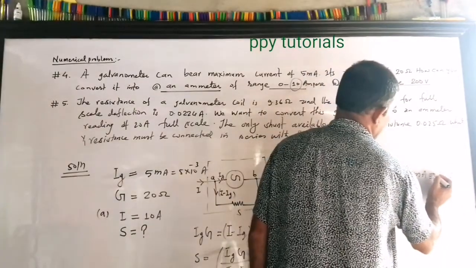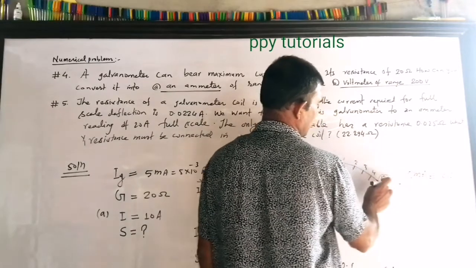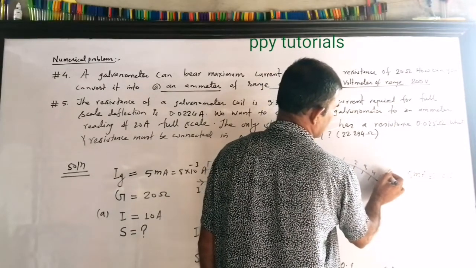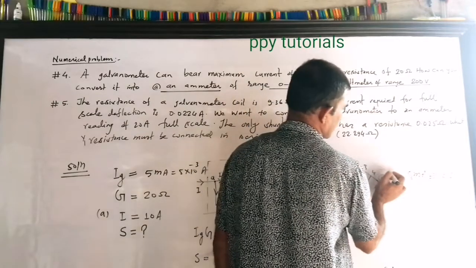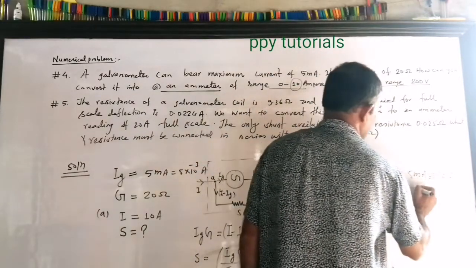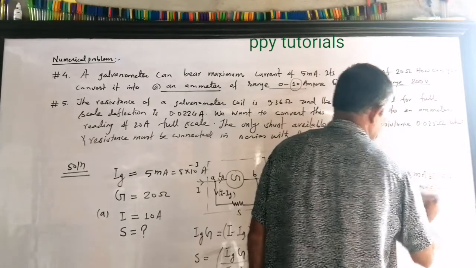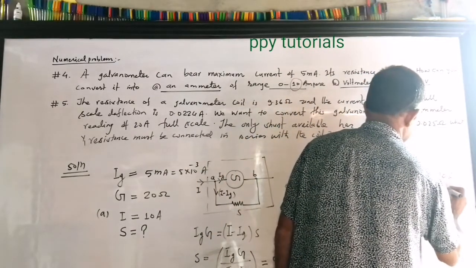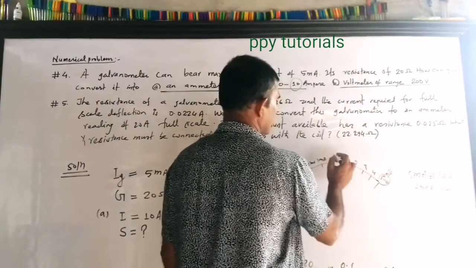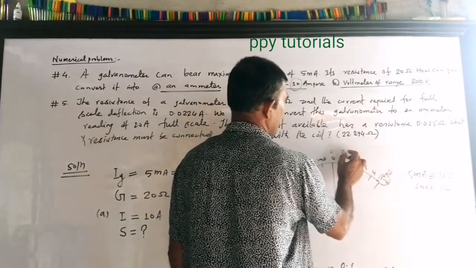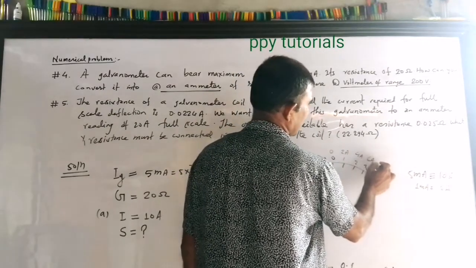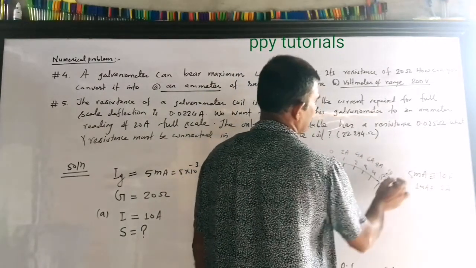So this is not equal, right? Equivalent means 5 milliampere. Where is 5 milliampere here? So here on your galvanometer, when it becomes an ammeter, there is the 10 ampere. So 1 milliampere will be equivalent to 10 divided by 5, which is 2 ampere. So of course here is 0 ampere, there will be 2 ampere, this will be 4 ampere, 6 ampere, 8 ampere, and here will be the 10 ampere like this.